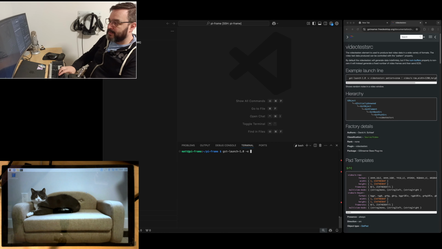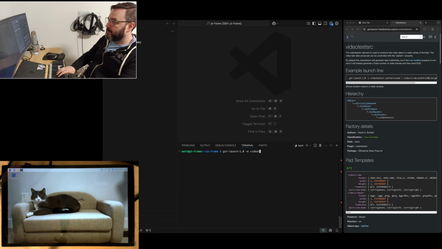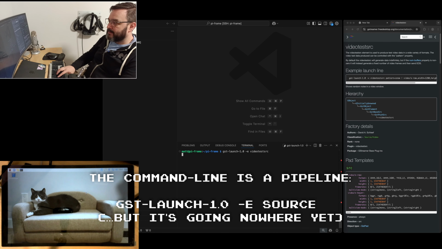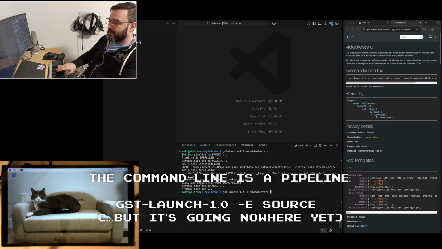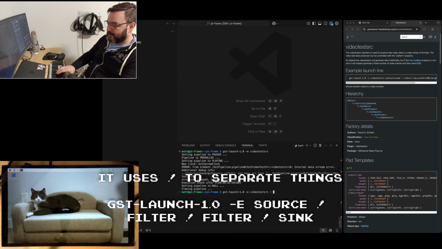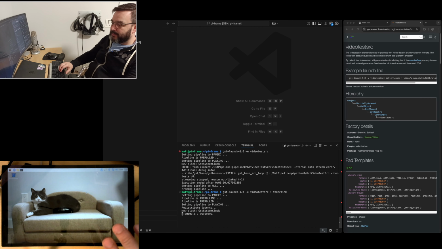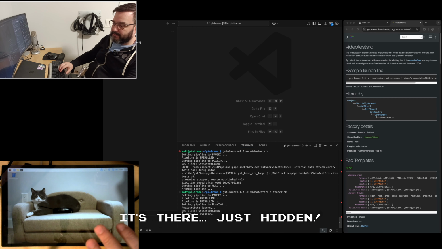So we use gst-launch -e, and then we say videotestsrc. And this is not going to work because we actually have to sink it somewhere. So what we do is we add a sink. And here we're going to try fbdevsink. So fbdevsink is the frame buffer on the device, which is currently displaying the Raspberry Pi desktop. If we actually try to run this, we can see that it runs, but we're not seeing the frame